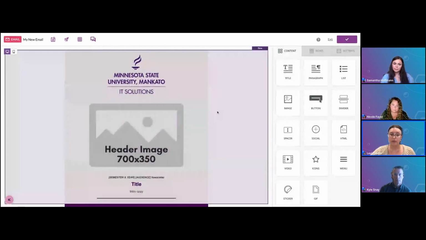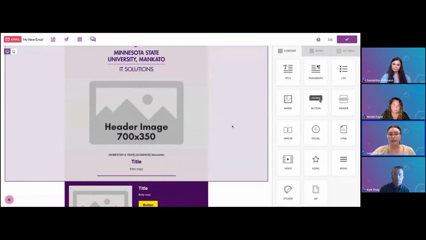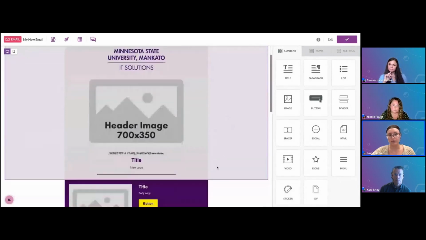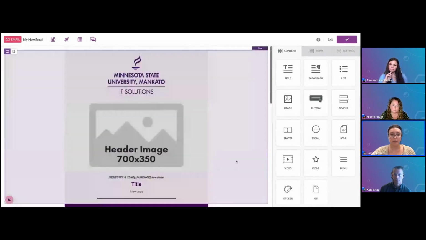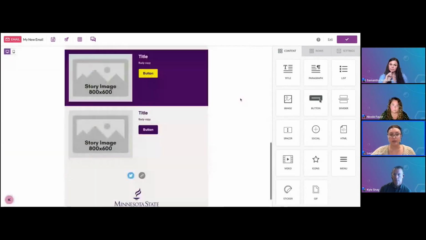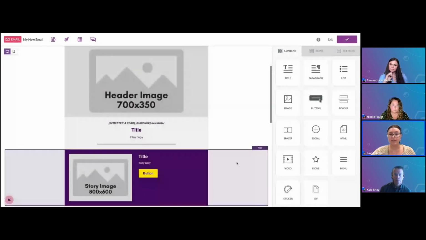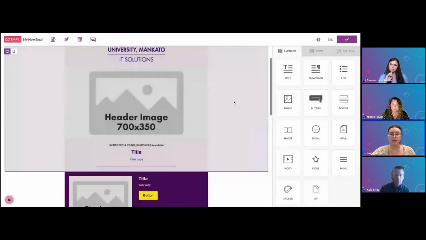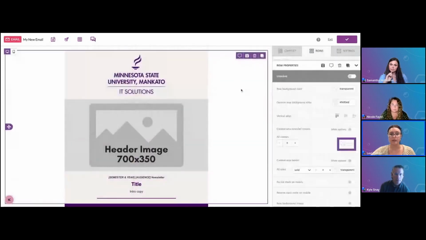So then another tool that I really like in addition to templates is the ability to save individual rows. So although I have this whole template saved, it's also nice if I want to save these little chunks individually and utilize them in other mailings. So you can just click on any row and click the little save button right here. And what that'll do is it'll save it in your rows.